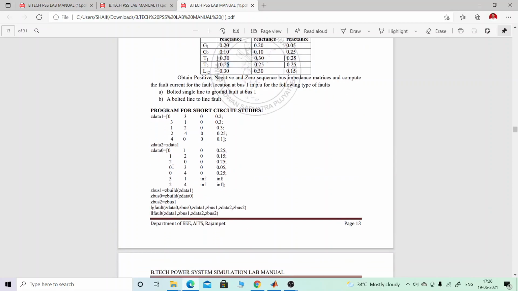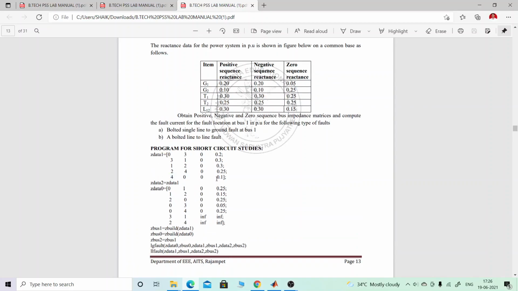And for 4 to 0, having a reactance of 0.1, that's for generator 2. The diagram is like that. The origin is here, the base is taken as 0. That's common for generator 1 and generator 2. Three is for generator 1, 4 is for generator 2, and between them we have the transformers.